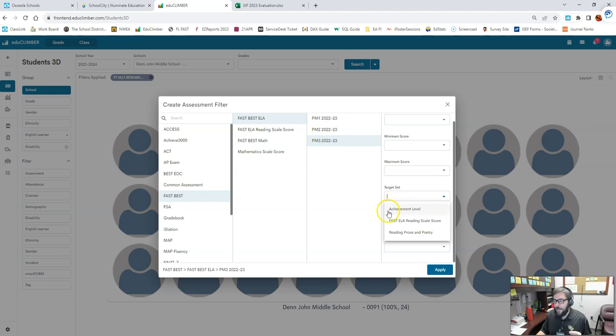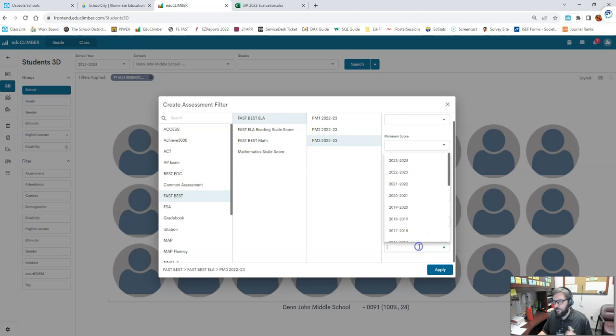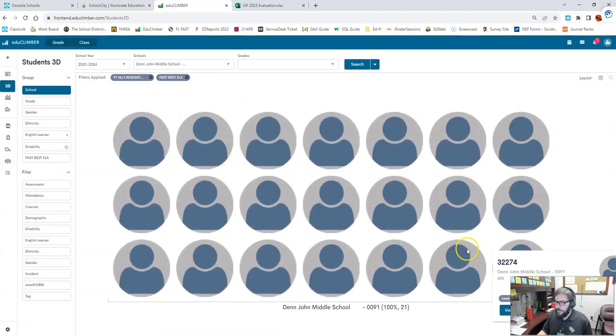For target set, I'm looking at their achievement level. I don't happen to know the scale scores off the top of my head for every single scale score that a kid could receive, so I'm just going to set it to achievement level, and then I'm going to say I want the students who got a 1, 2, 3, 4, or 5 on this test. And of course, it's going to default to 23, 24. Our kids haven't taken Progress Monitoring 3 yet, so I need to tell it, by the way, pull this data from 22, 23. Now, when I apply this, here I can see 21 of my 24 kids took the test